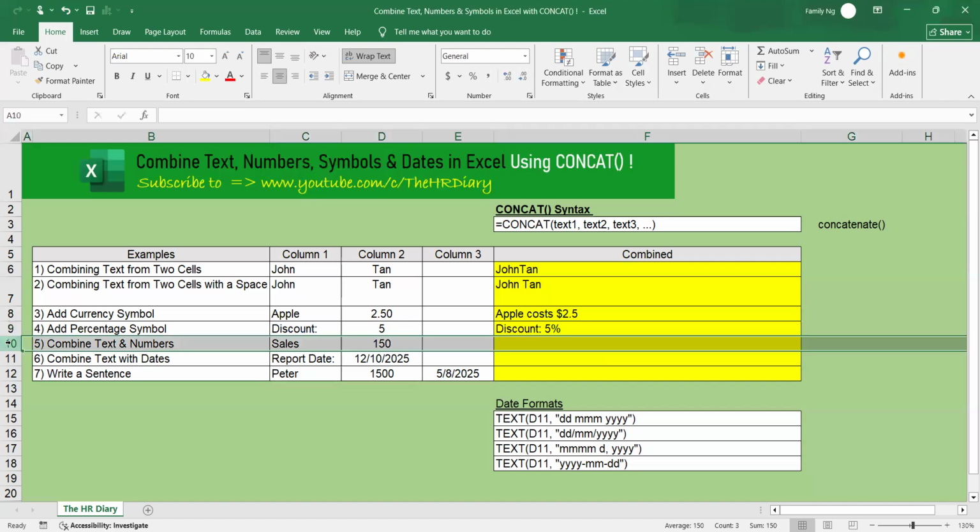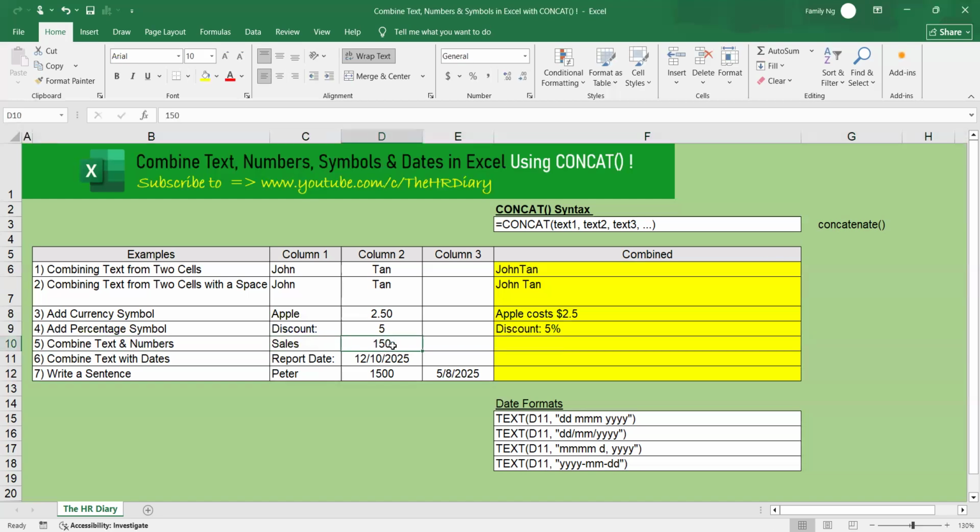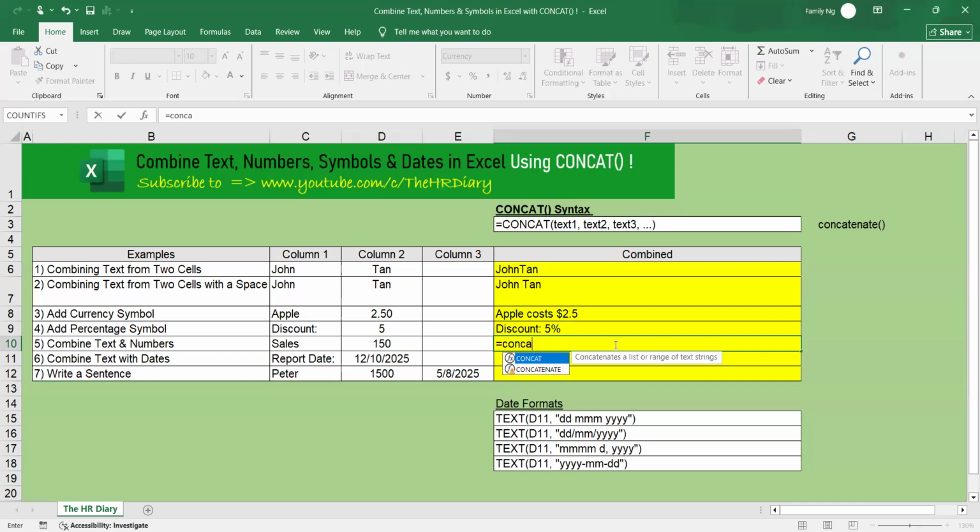Now let's move on to example 5. In example 5, we will combine text and numbers from 2 cells. Column 1 contains the text sales. Column 2 contains the number 150. To combine text and number, we'll enter the formula equals CONCAT, open parenthesis, open quotation mark, type in the word